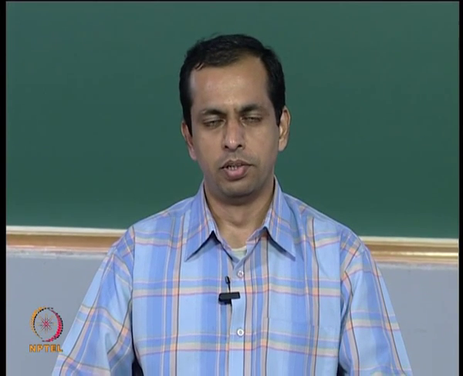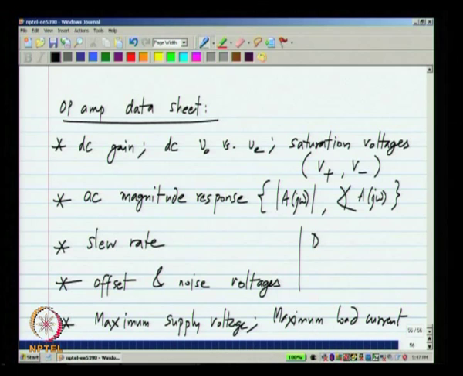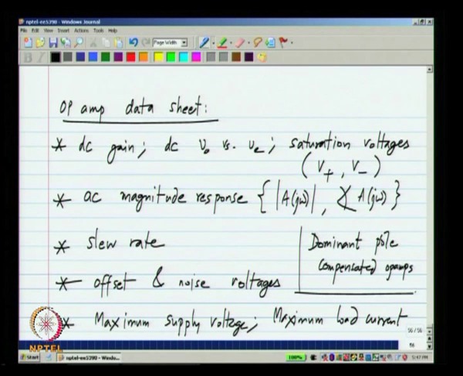Now, I said that we will have these limitations by looking at what happens in a single stage op amp, but exactly the same thing happens in multi-stage op amps as well. So, these specifications are general. Exactly how they relate to the topology, we will see when we come to transistor level op amp design. And also the other thing I said was most of the op amps are dominant pole compensated op amps. Again, this term frequency compensation says that the op amp is made to behave like an integrator around the unity loop gain frequency.